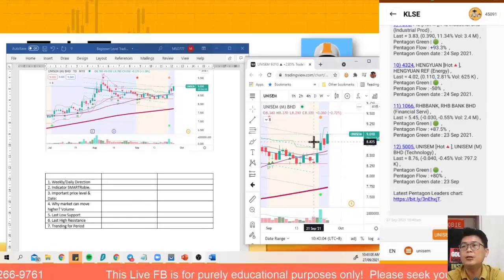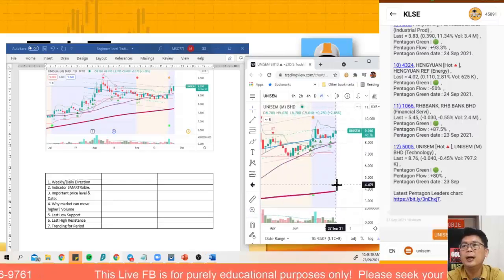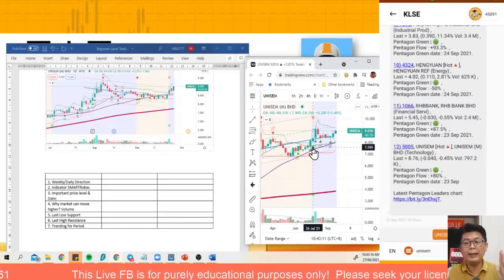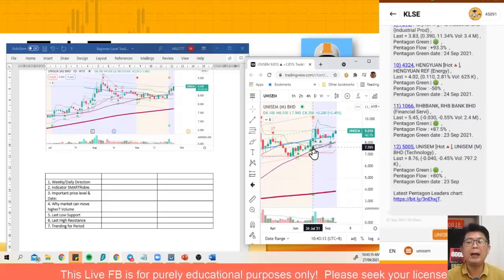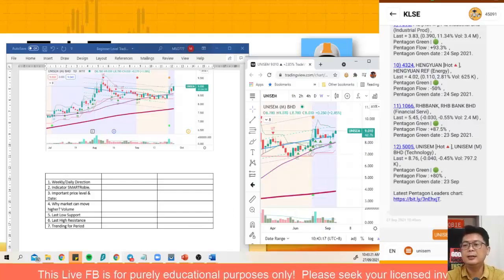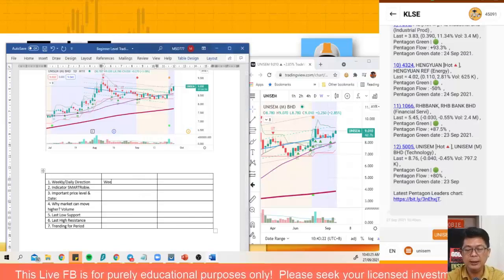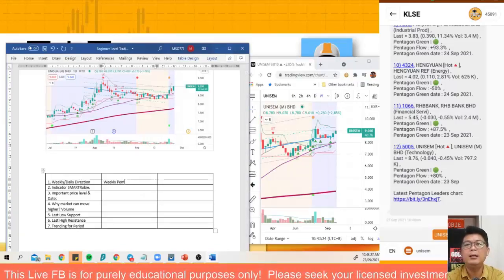Of course, let's switch over to a weekly chart here. You can see the weekly chart actually turned on the 26th. That's why it's important again, time and time again, for you to get the plugin so you're able to see the weekly chart. That's in line with what we've always been teaching our members to do, and also the part. So weekly Pentagon charts